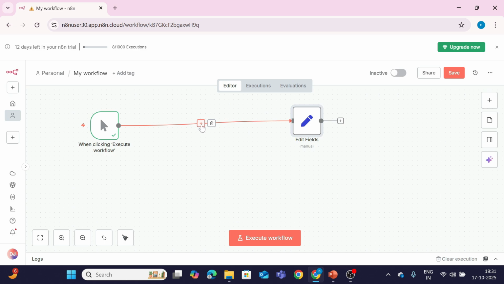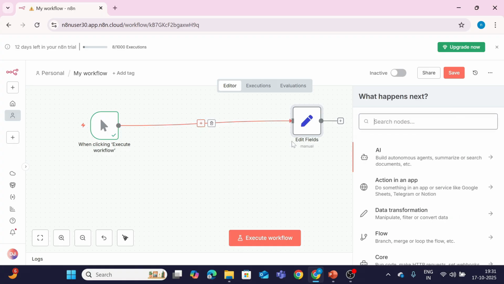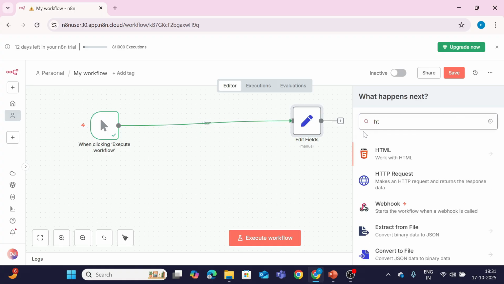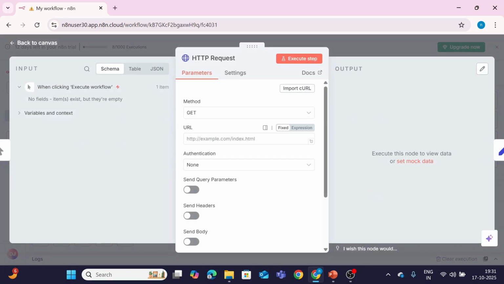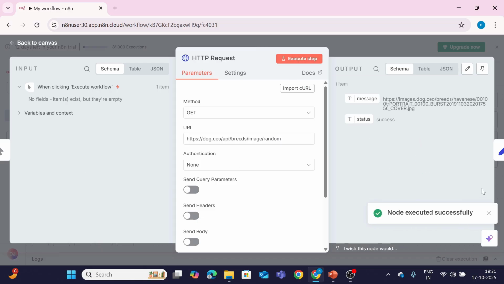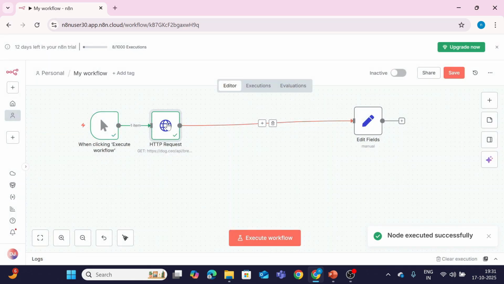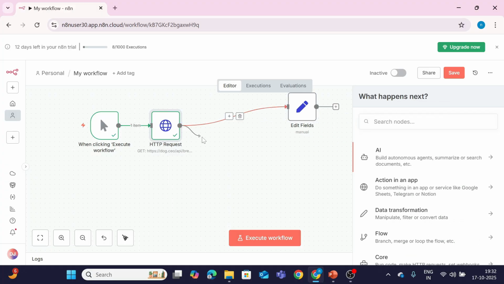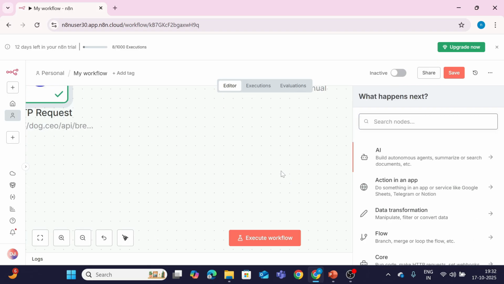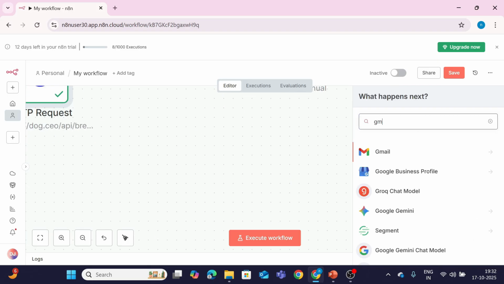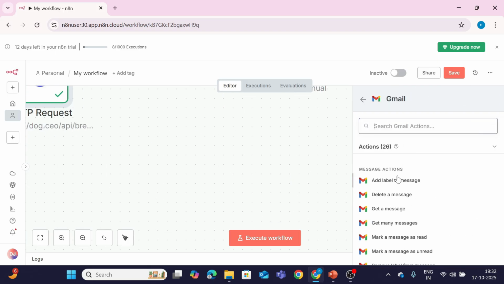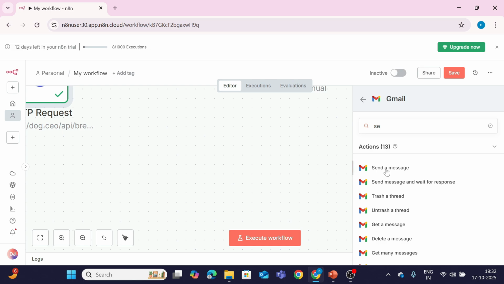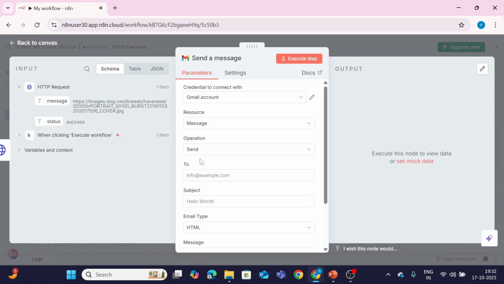First for that, we will add the HTTP request here. It's the dog image and I will execute it. It runs successfully. Go back to canvas. Now here, we will add another node, that is Gmail. Here's send a message. Here I will write my